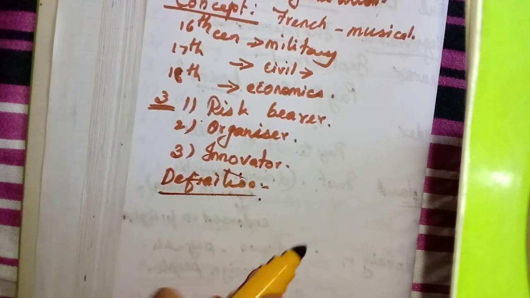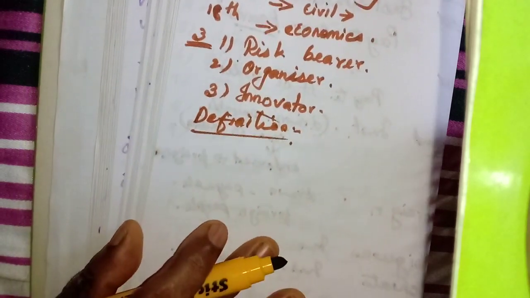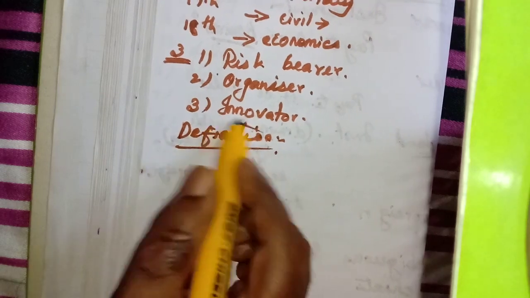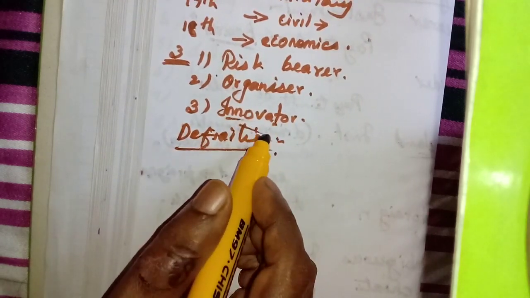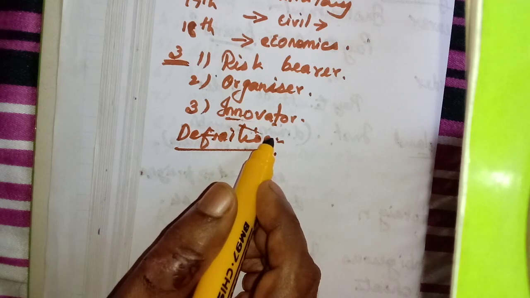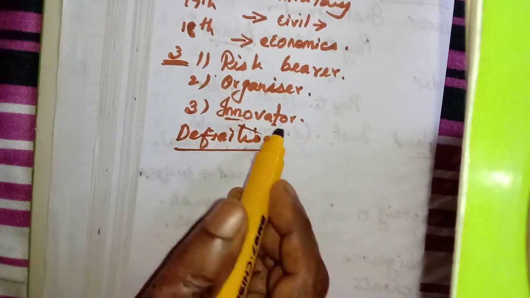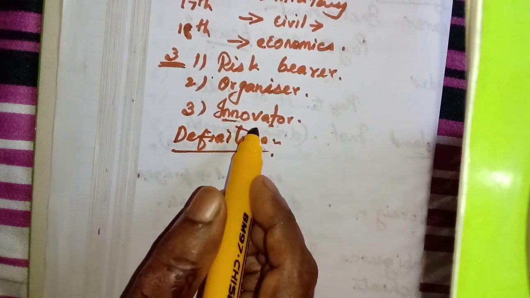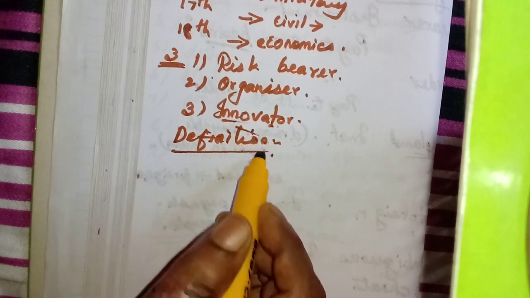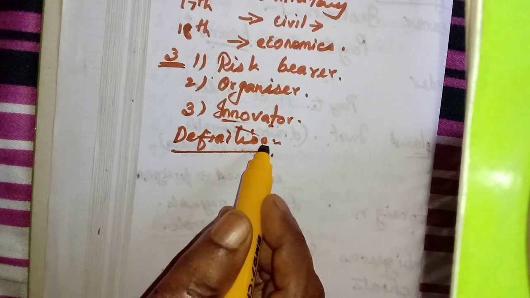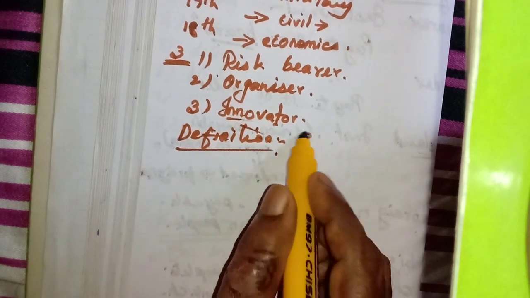The definition is nothing but that he is innovation. He is creating. Entrepreneurship is a creating activity. Creativity will be there, or innovating something new in the organization. In that definition, Joseph Schumpeter says,